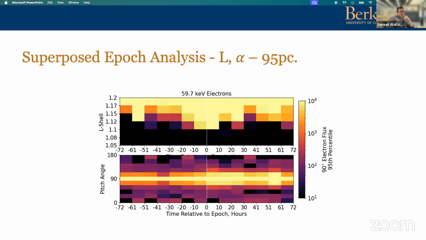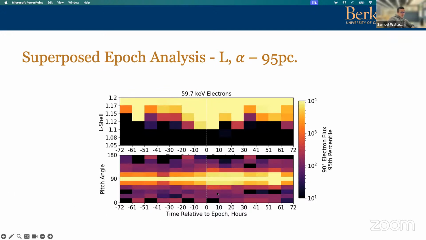And then the 95th percentile, the most extreme events, has saturated the color bar there. But just to show the shape of what's going on, in the most extreme cases, again, dropping down to very low L, and then back up again. And what we reveal by going to the 95th percentile is the pitch angle distribution dynamics. As you get to the epoch of the storm, you can see that at slightly lower than 90-degree pitch angles, you get higher fluxes. So again, it could be a sign of pitch angle scattering of those electrons by some process.